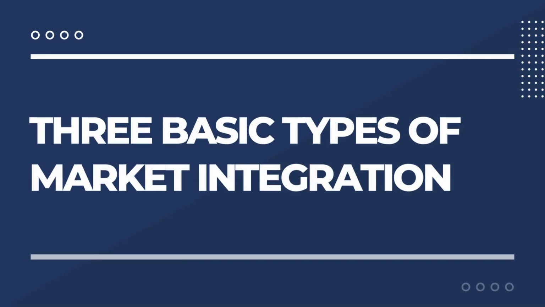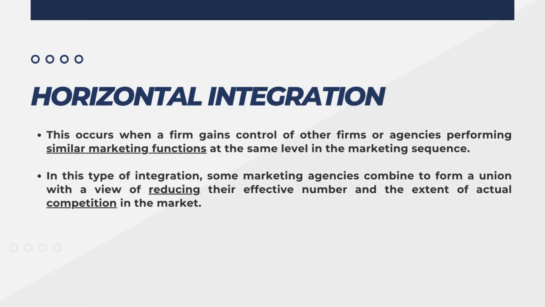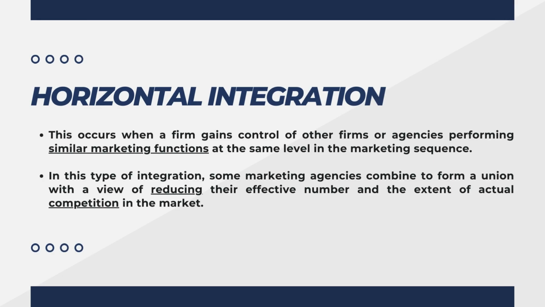So now I will be discussing the three basic types of market integration and its examples. So first is the horizontal integration. This occurs when a firm gains control of other firms or agencies performing similar marketing functions at the same level in the marketing sequence. So in simpler terms, it involves gaining control of other companies that offer similar products or